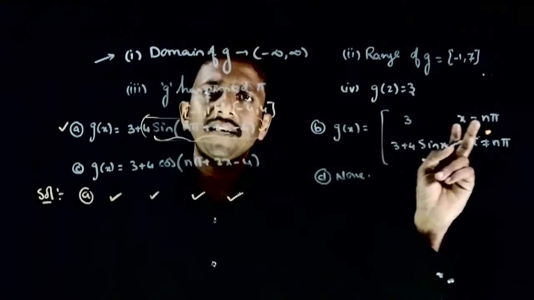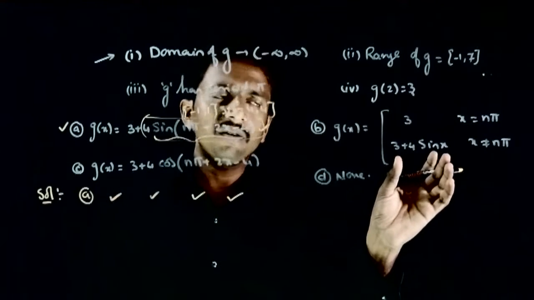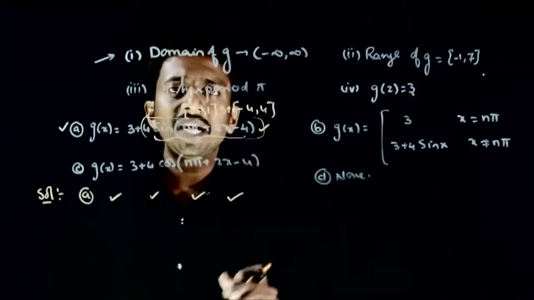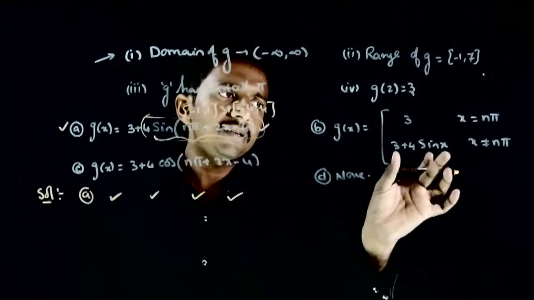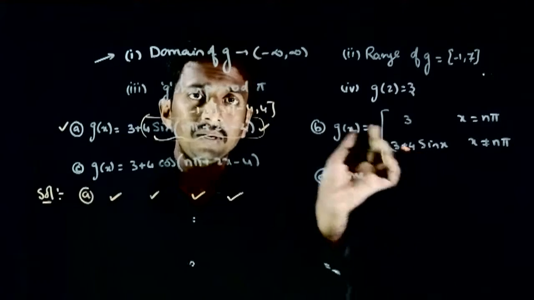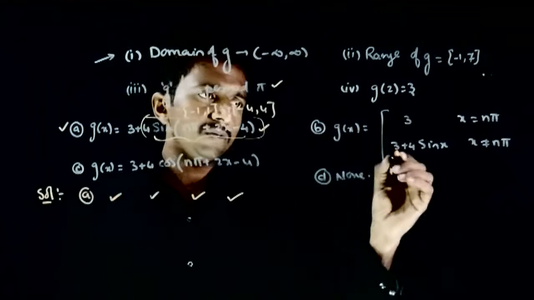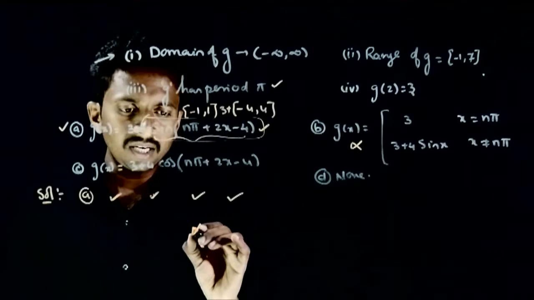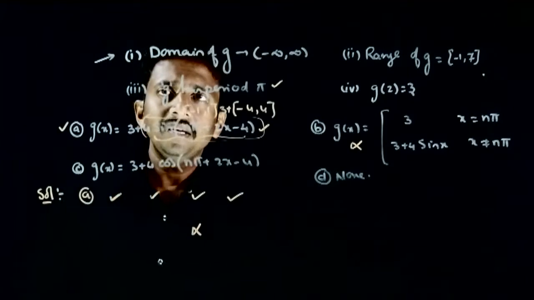So g of x is equal to 3 if x is equal to nπ, 3 plus 4 sin x if x is not equal to nπ। So ये basic condition को satisfy नहीं कर रहा, third condition। So 3 plus 4 sin x का period कितना होगा? 2 pi होगा, but दिया है कि period pi। So the third condition जो satisfy नहीं कर रहे हैं। So third condition is not getting satisfied।